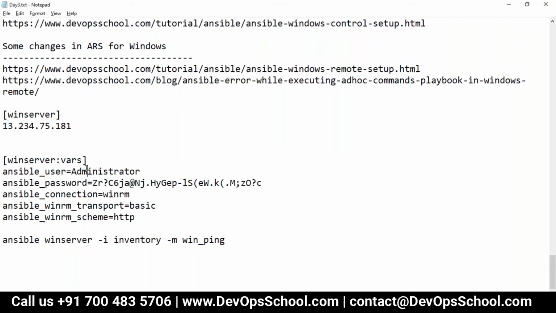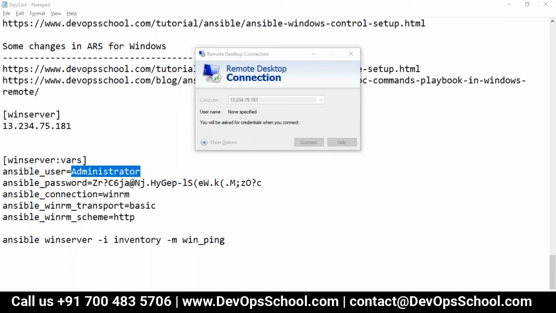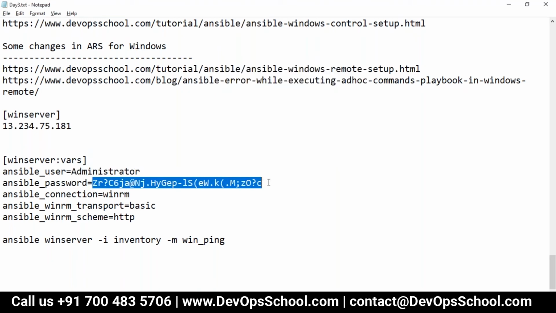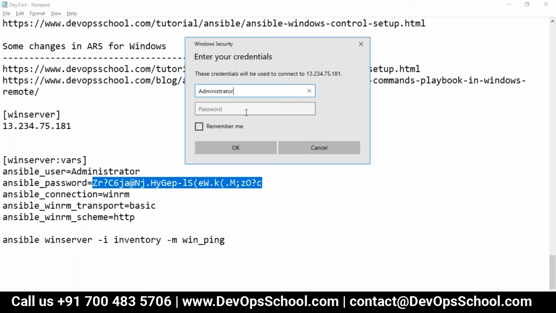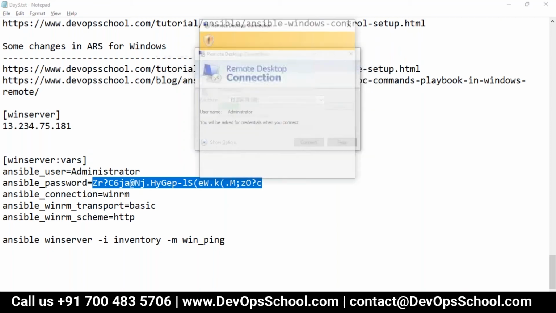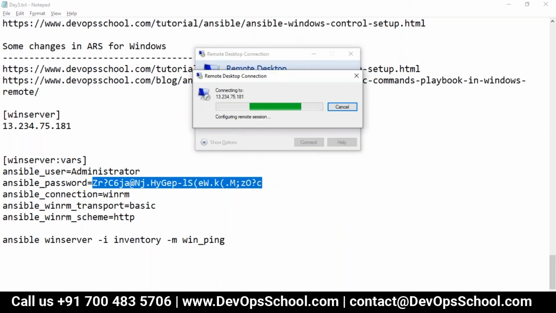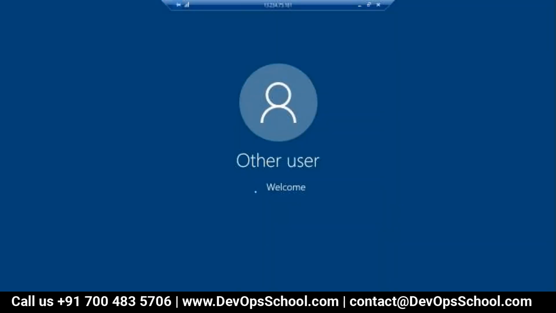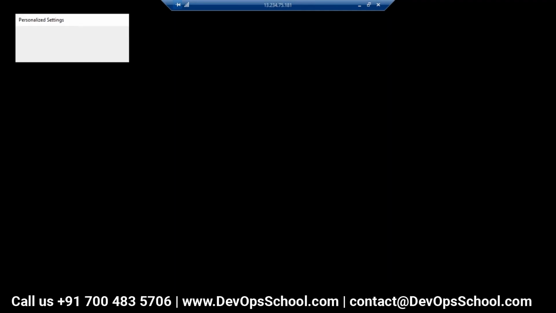I will use username administrator and I will use the password. Yes, guys, I got into the different machine. You know what? This is a server edition, so lots of security-enabled things are there, and I'll get irritated.